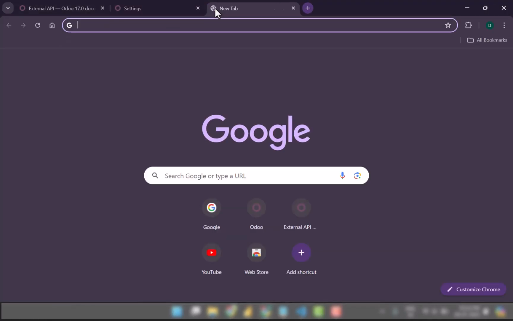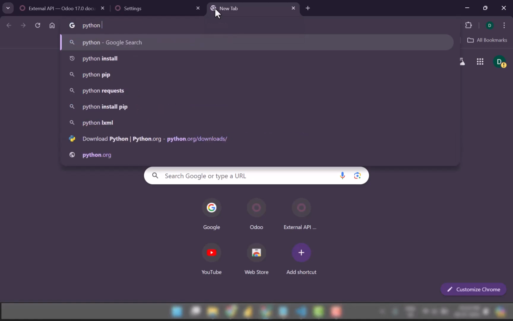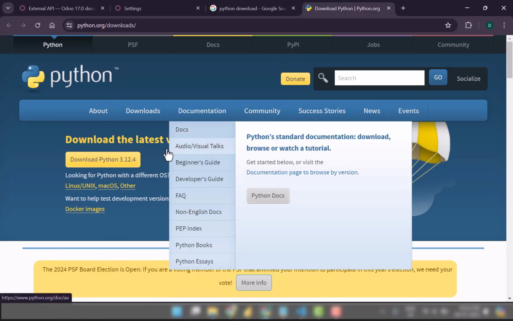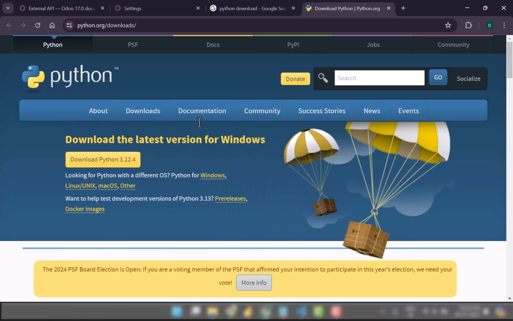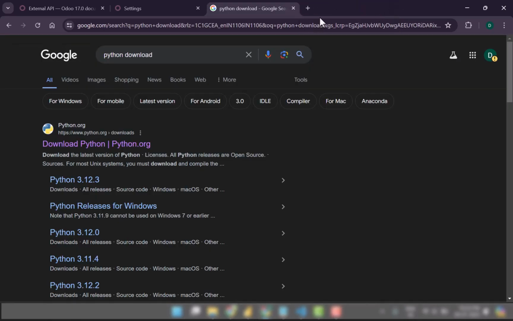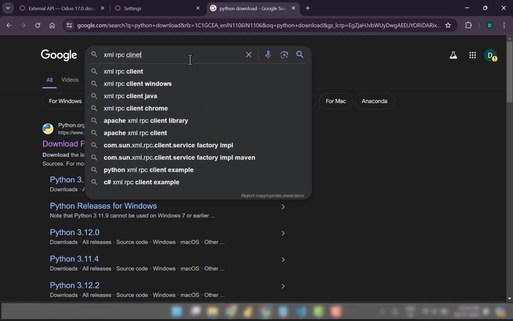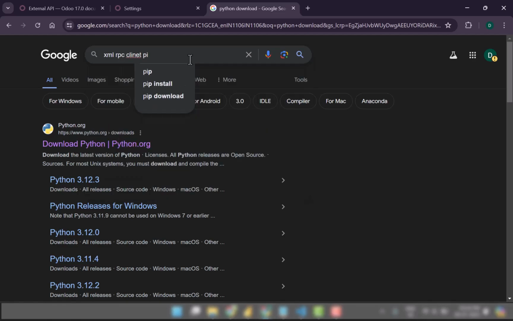First one is Python. Python needs to be installed. So from the Python official website, you can download it. Any version will work for this method. Second thing would be the XML-RPC client library for Python. So just search what I'm searching,